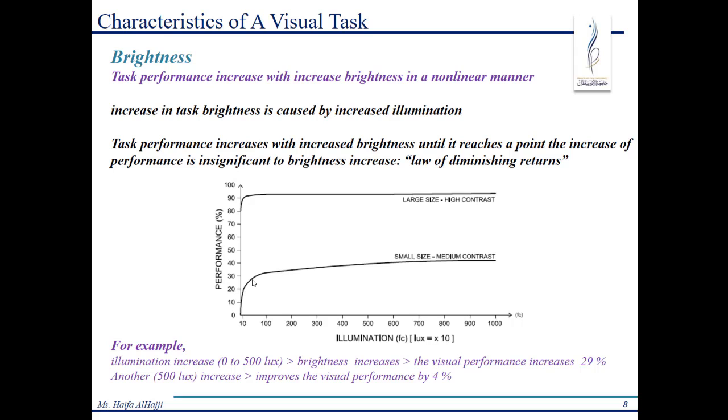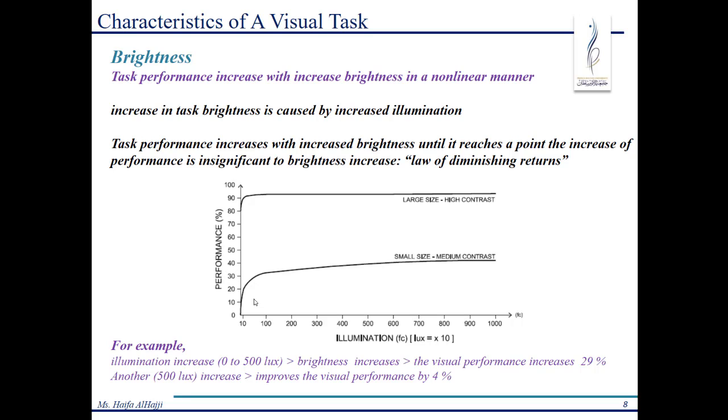Now, after the 50 foot candle and 500 lux, as we can see, the increase in performance is going to be less, okay? So we're not going to be increased dramatically now. It's going to be increased insignificantly now until it reaches almost up that line. As we can see, the increase is going to be only a 1% increase in performance, even if you increase from 4,000 lux up to 10,000 lux, that increase is going to correspond to, for example, 1% of